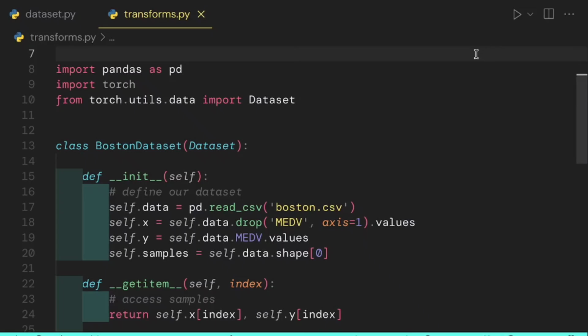Hello and welcome back. In machine learning, many times we need to modify our data for it to appear in a certain way for some reasons, maybe to just work with the framework or data structures that are available to us, or maybe to improve the performance of the model, or just to make the interpretability of the model maybe improved. Now, to do that in PyTorch, we use what we call transforms, and that's what we're going to look